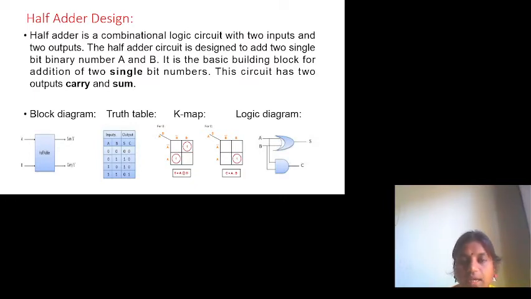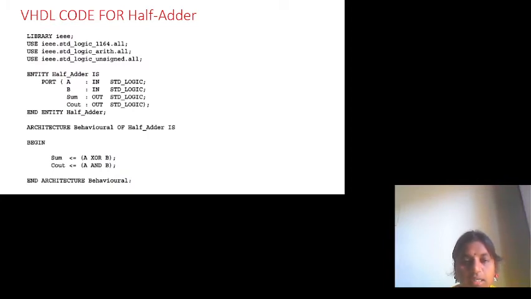Now for this logic we are writing a VHDL code, giving the entity name as half underscore adder. Here we are doing the arithmetic operation on unsigned numbers. So I have included 2 more libraries and packages such as use IEEE.std_logic_arith.all, use IEEE.std_logic_unsigned.all. All these packages are for unsigned numbers, on which we are performing the arithmetic operations.